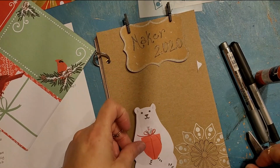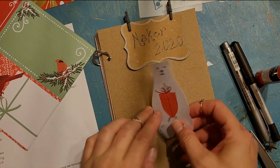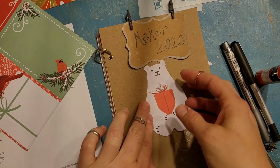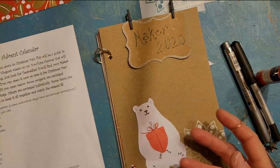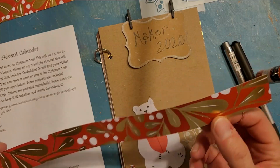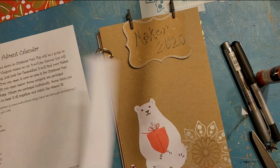I could put this little bear here with his little present. Yeah. I think I'm going to put something behind him before I glue him down. Let's see. What can I put behind him? Like this fun stuff here. Yeah. So you may have shorter strips than this, because I think I cut these in half and divided them up. But, so yours is probably more like,